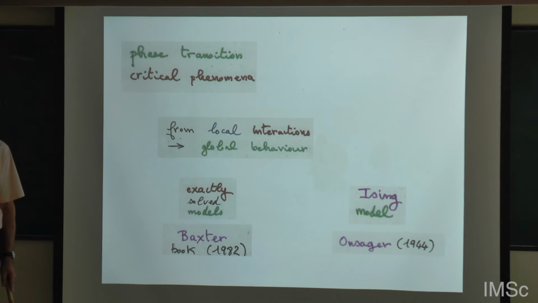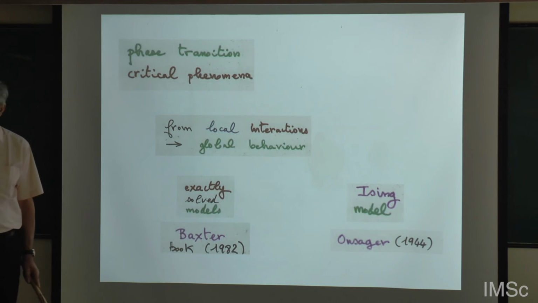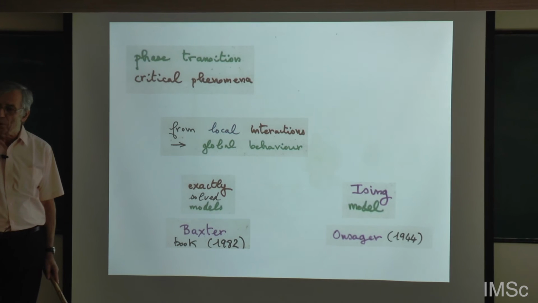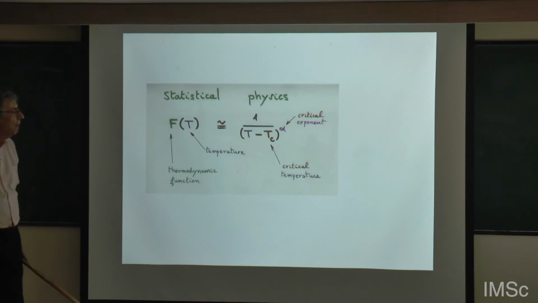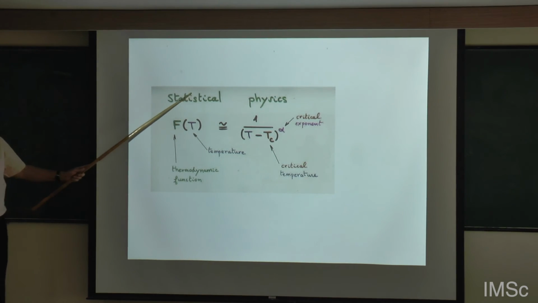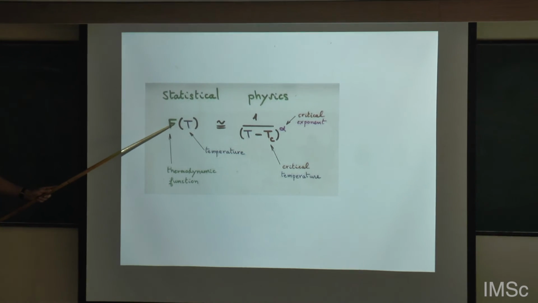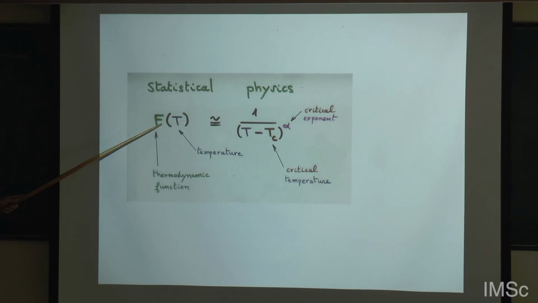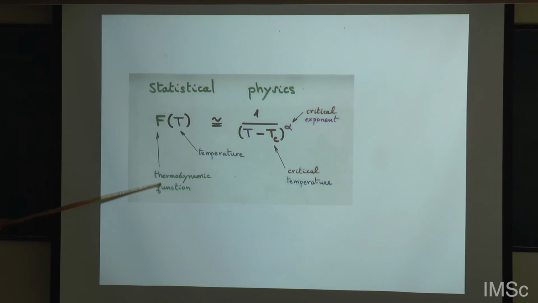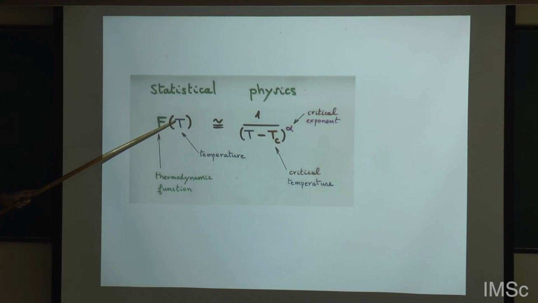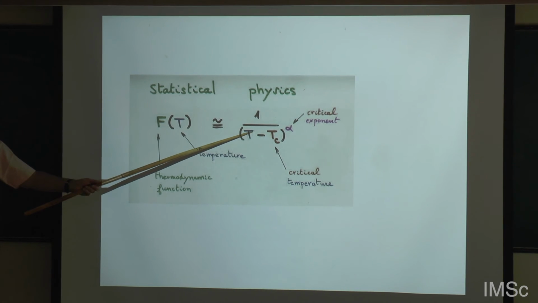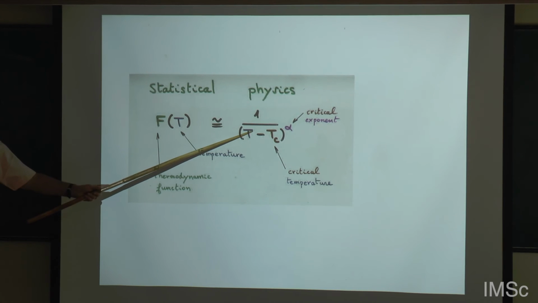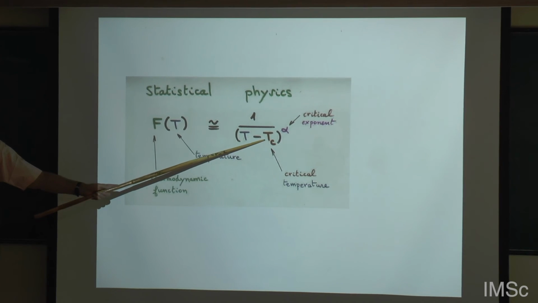They want to give some, of course, exactly solved models. They are very far from the natural model in nature, but the behavior looks like a real model. So in general, in statistical mechanics, you have a thermodynamical function coming from a summation over some finite things, etc. This thermodynamical function depends on the temperature, and the phase transition happens here when this function becomes infinite. There is a singularity. This is a critical temperature.